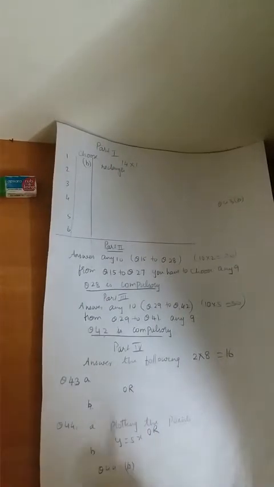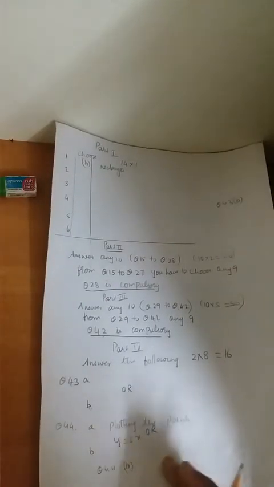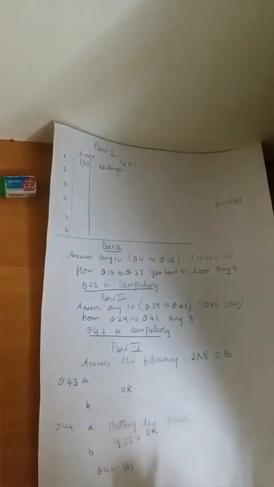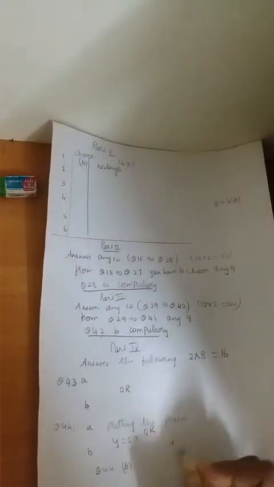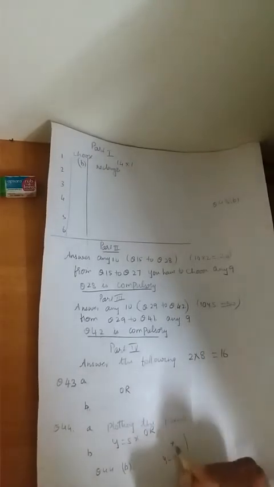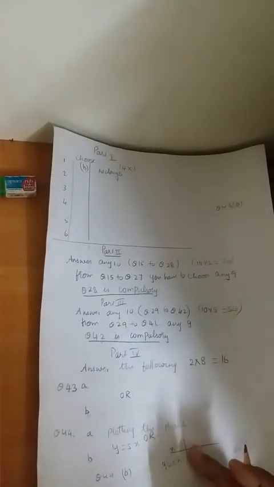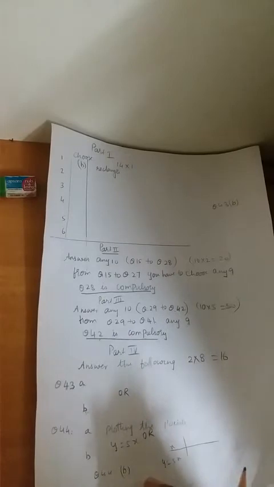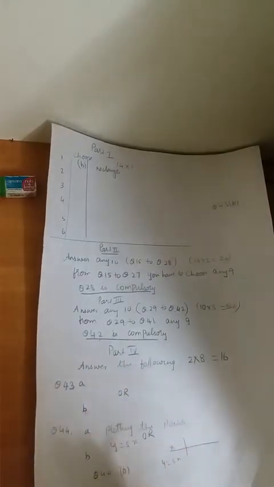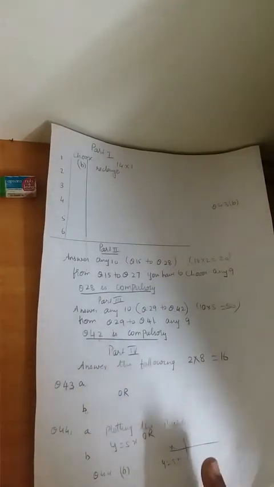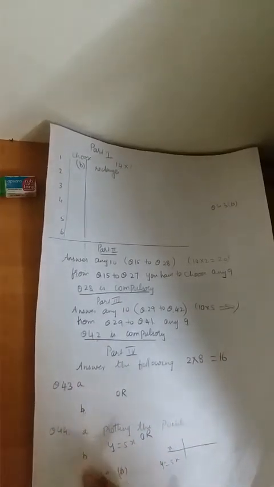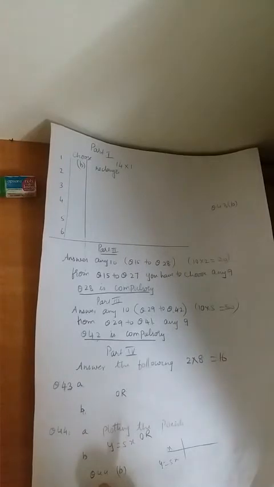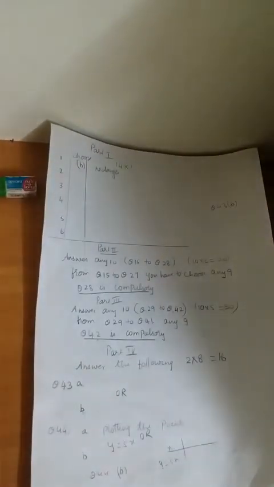In the answer paper you write question number 44B, and in the graph sheet. Like this you write. And if you are doing the B part, you have to put the table, no? x, then y equal to 5x, you have to put the table like that, right? The table that you are putting should be in the answer paper, and then the graph alone should be on the graph sheet. So whichever you are doing, you need to mention in the answer paper. Don't forget that. So this is how the pattern of your paper is.